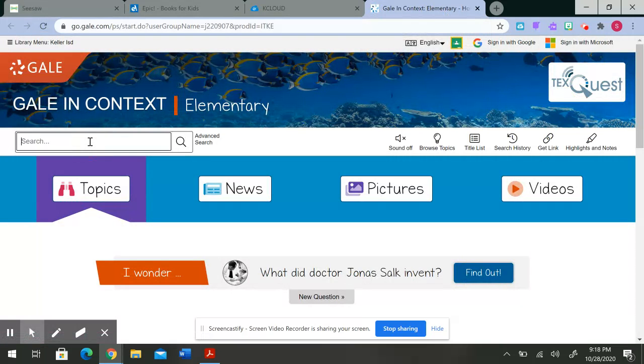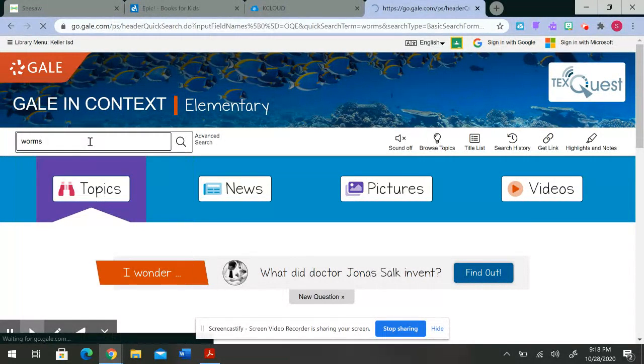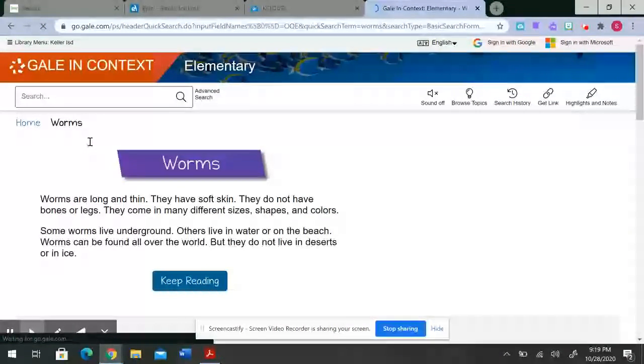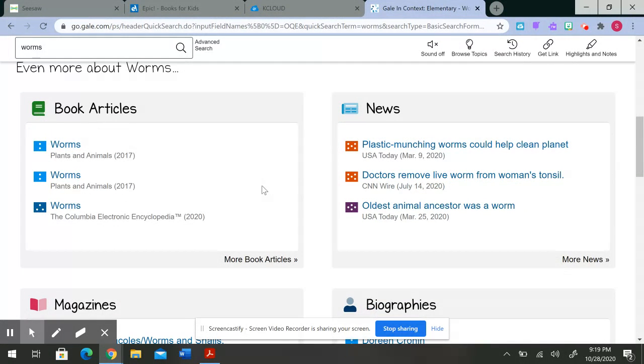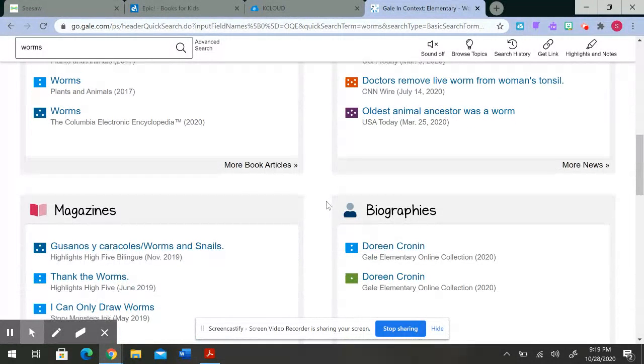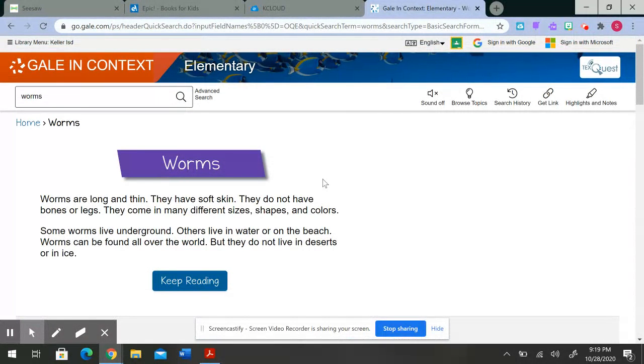So again, we would search for worms, and we press enter, and it's going to bring up some specific information for us to read here, and then some other facts and interesting things that we may want to know. It has articles that we can read about worms. It has news articles that we can read, magazine articles, lots of things to look at here when we are looking for specific information. This is a good, safe way for us to research for school.